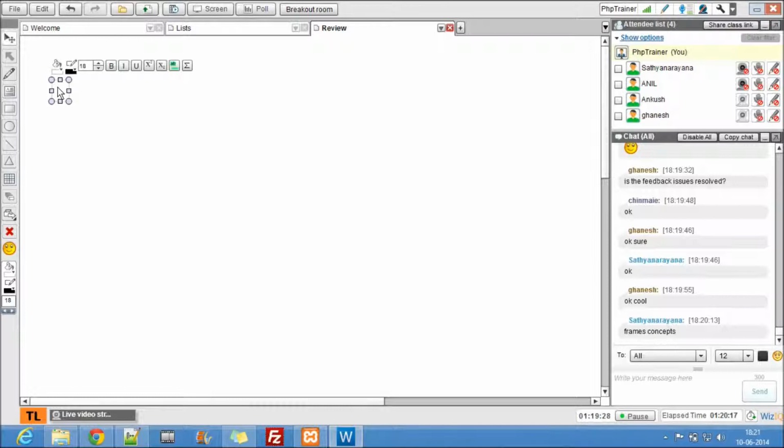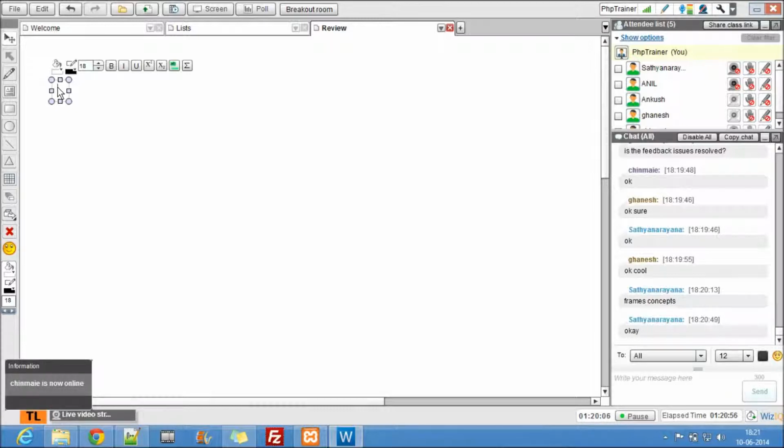Oh, frames is gone. The frames concept, I really don't want to discuss frames, because we don't get to use frames, and they will just remove frames sooner or later. They've been telling this, but seriously, we don't need frames. I don't personally like frames, so that's the reason I did not talk about them. But if you insist, I'll talk about frames maybe tomorrow. Except that, most of the things are good and done.